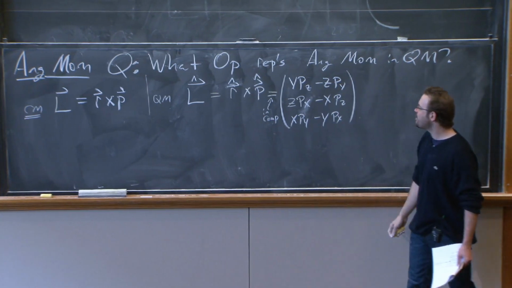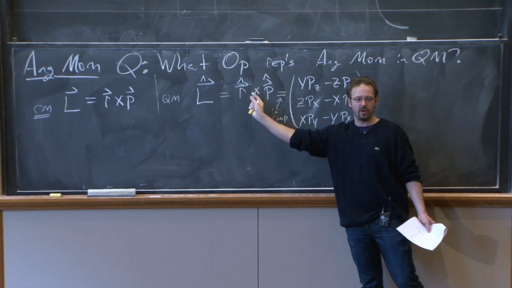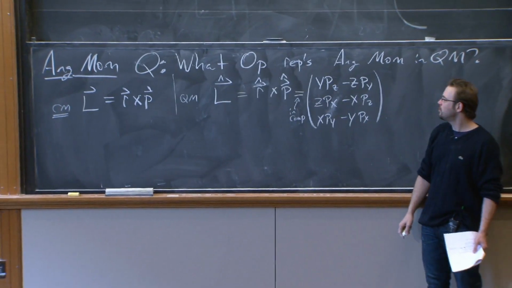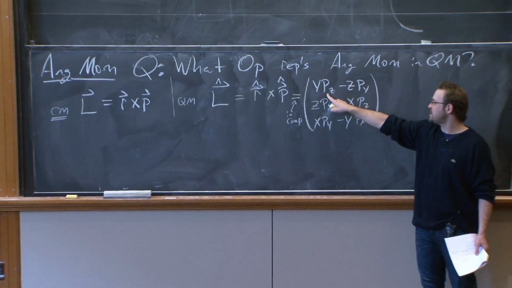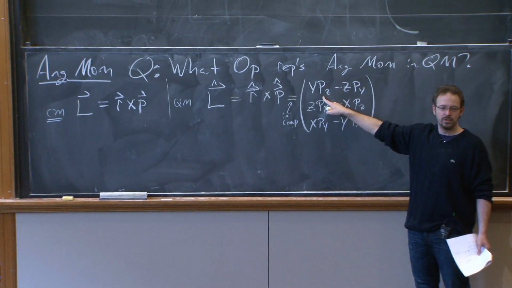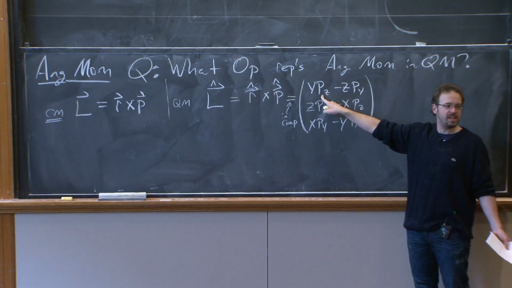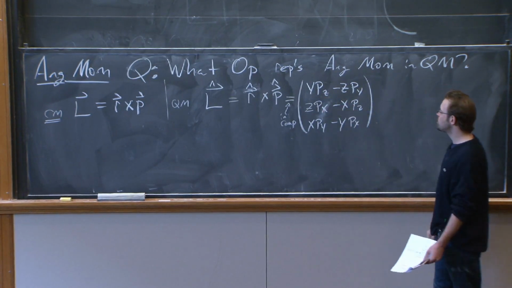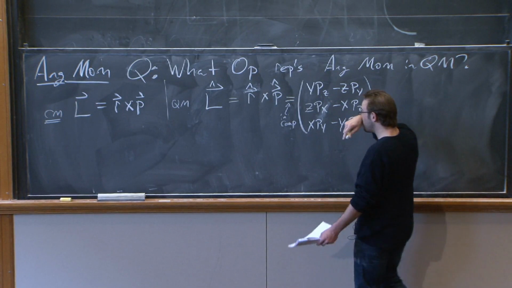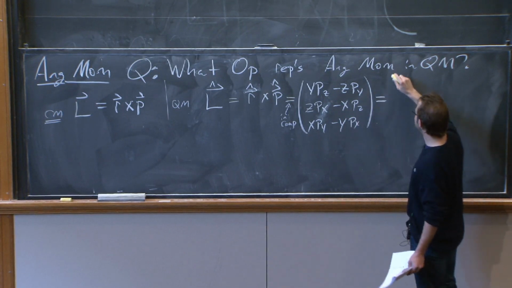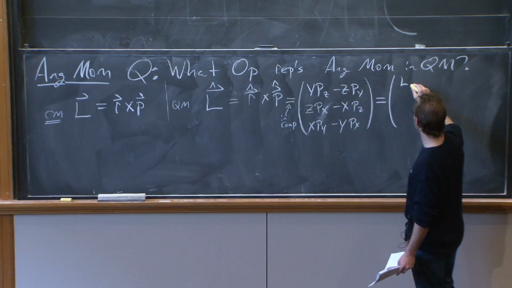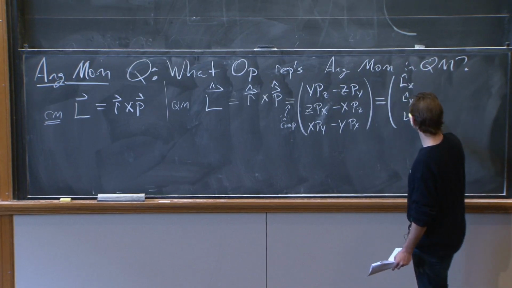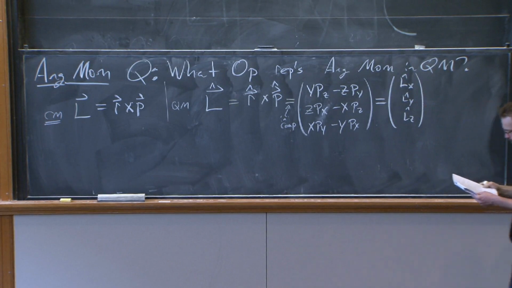Okay. And now, we were worried here about maybe an ordering problem. Is there an ordering problem here? Does it matter if I write y pz or pz y? No, because they commute with each other. Pz is the momentum for the z coordinate, not the y coordinate. They commute with each other. So there's no ambiguity. It's perfectly well defined. So we're just going to take this to be the definition of the components of the angular momentum operator, Lx, Ly, and Lz.